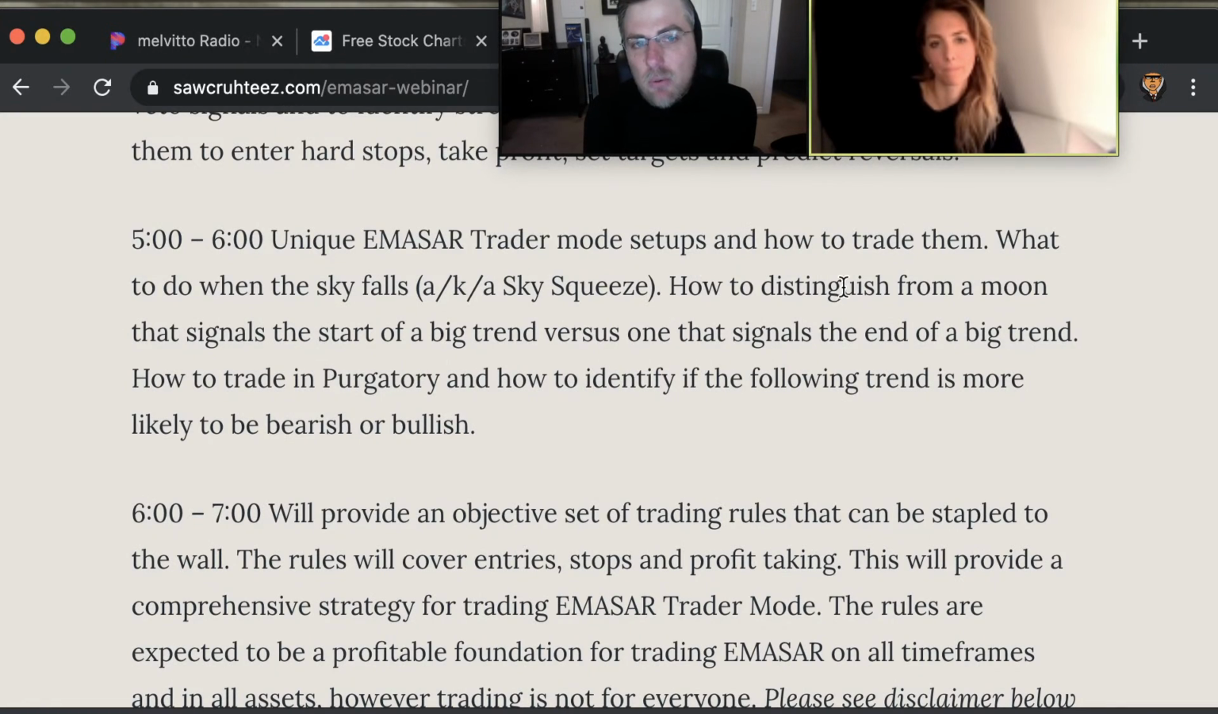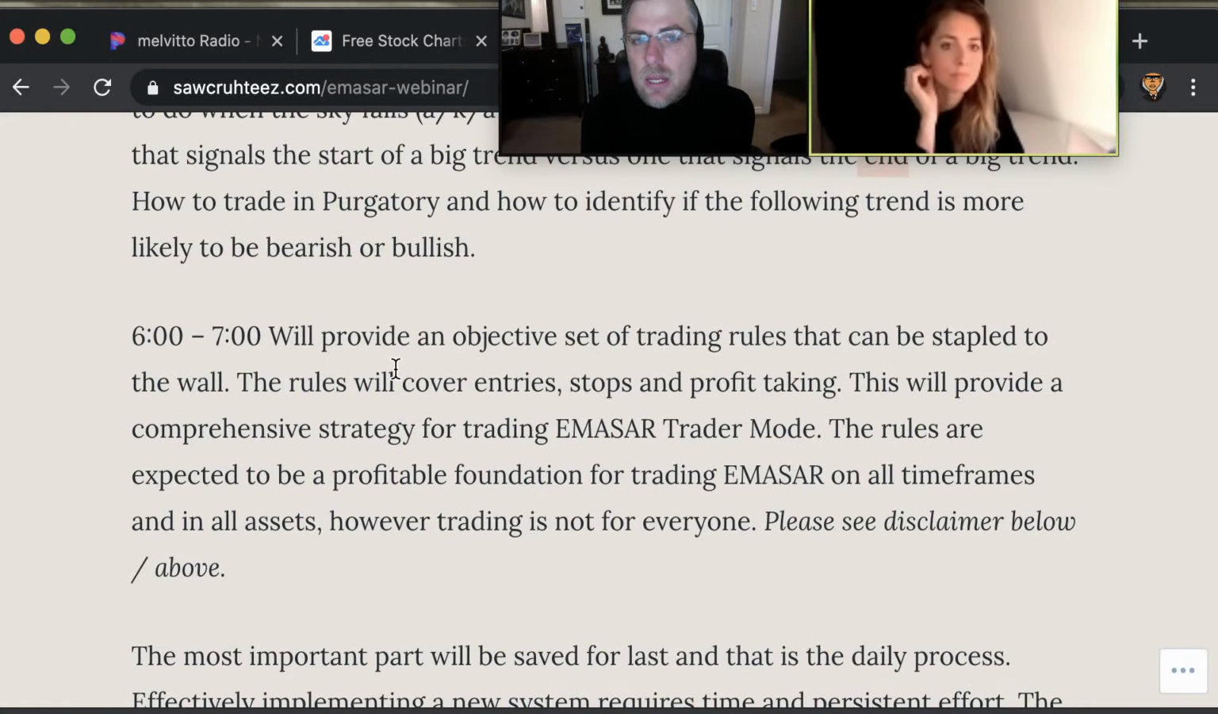And then very importantly, how to distinguish from a moon that signals the start of a trend and one that signals the end of a trend. Very important. If you reach the moon early, it can signal a big upcoming trend. If you reach it late, it might be the end. How to trade in purgatory, and then the last hour I'll be providing a set of objective rules